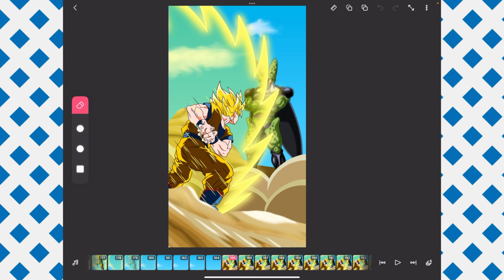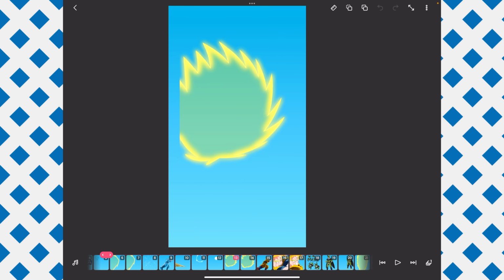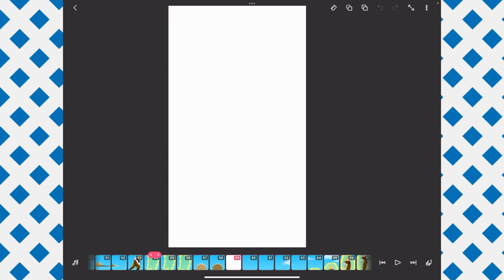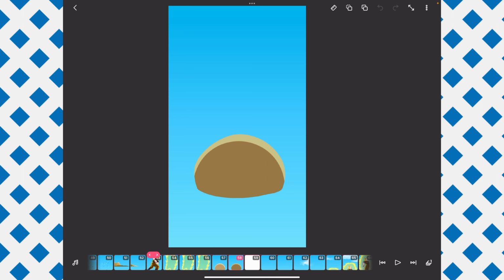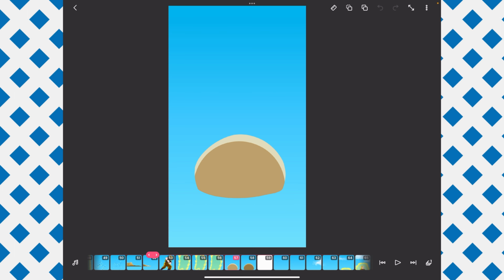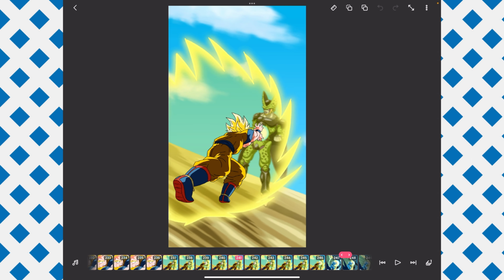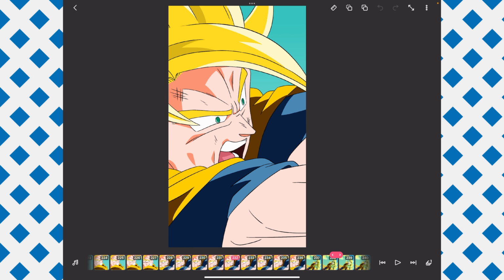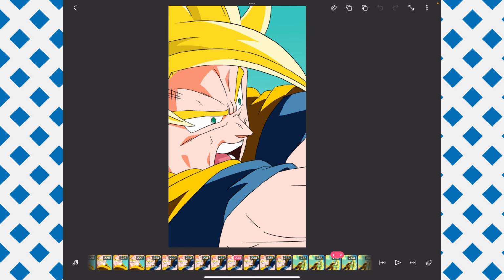The individual assets of these smoke effects, cartoonish. I believe they're just these assets, and I just kept piling, copy and pasting over them. That way I was given the illusion of smoke and stuff, which is nice. And then the Kamehameha here, just the standard transition that was happening in the anime,